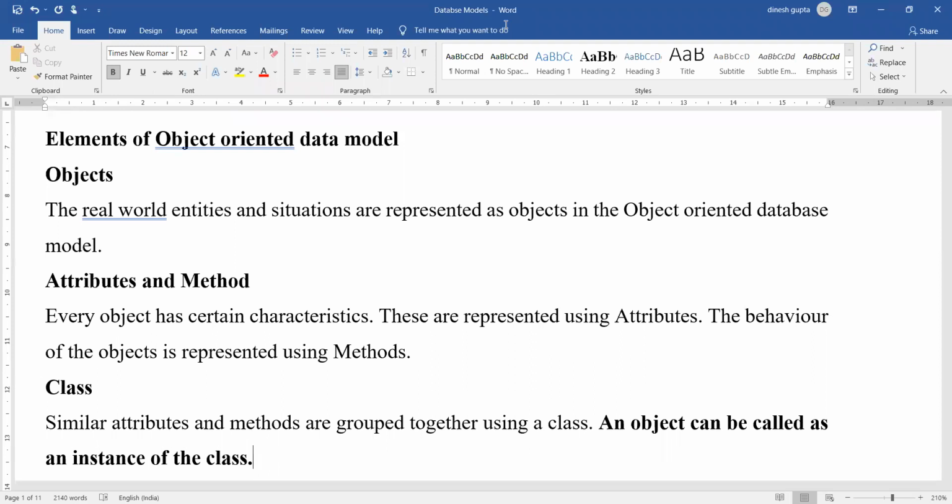All are the methods that are related to the student.